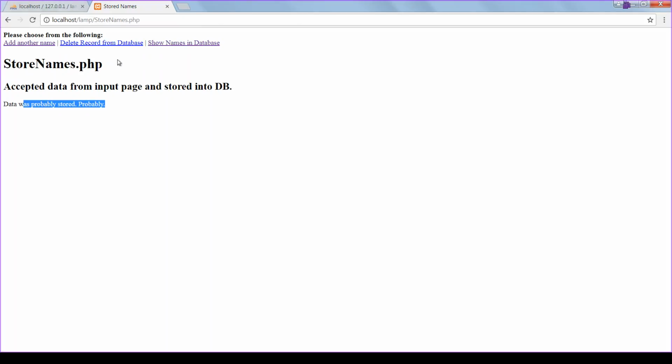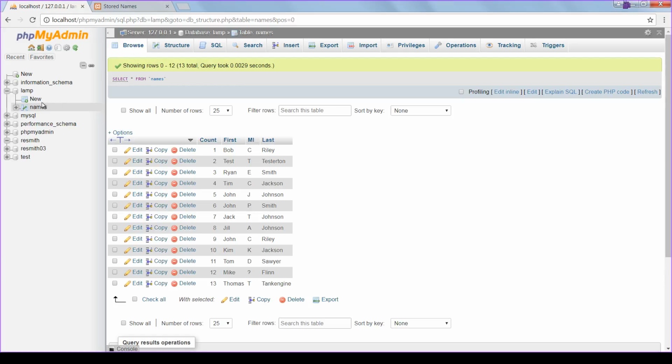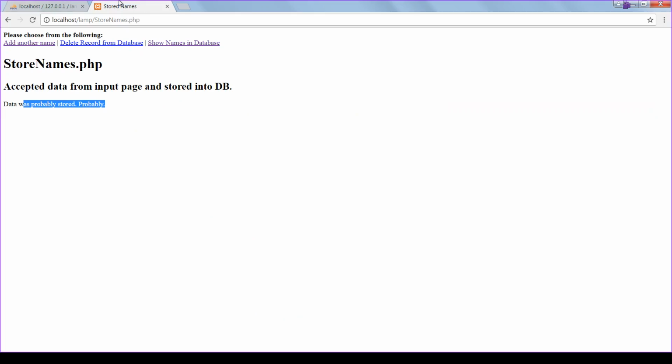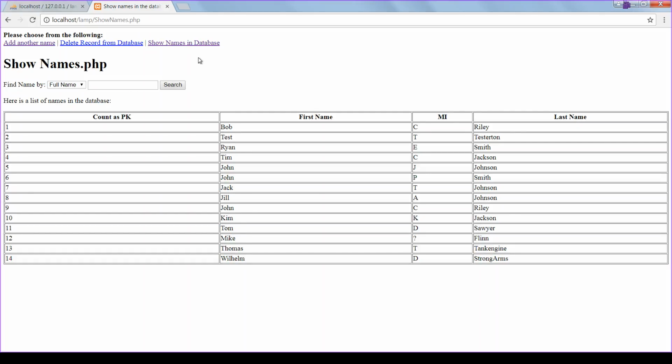So go back to our database, refresh this real quick just to make sure, and there's Wilhelm. There's Mr. Strong Arms. As far as what I actually added to the project, if we go to show the names in the database, this is where it pulls all of those names. I added a select drop down and the search functionality. So right now it's set to full name. If you just hit search with nothing in it, it returns the whole database, and this even changes to show